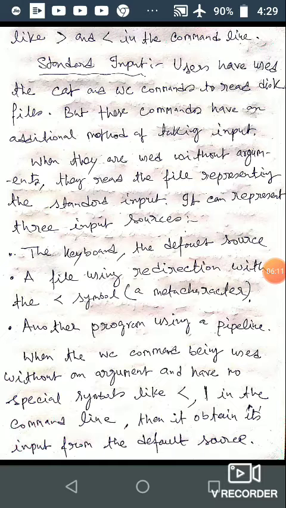We have used the cat and wc commands to read disk files.